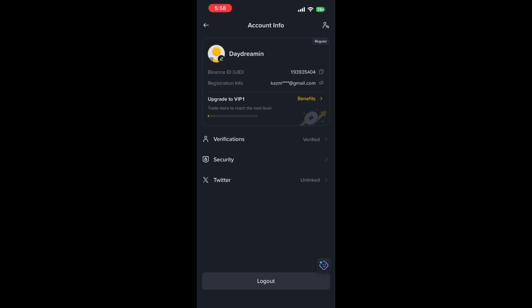If you cannot see your UID right away, update the Binance app, log out and log back in, or check from the Binance website instead. And that's how you find your Binance